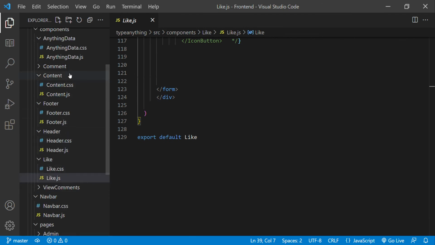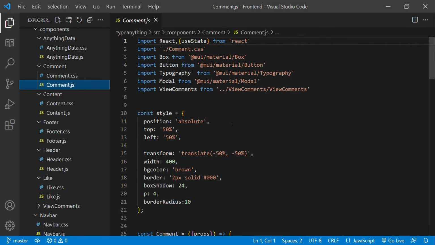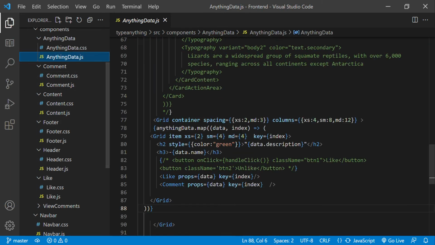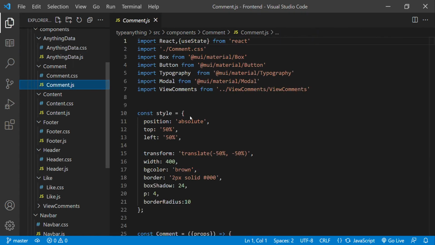Now the next part is the comment part, and down below it we can see the comment part also. Here I am also passing this mapped data to the comment component. In this comment.js